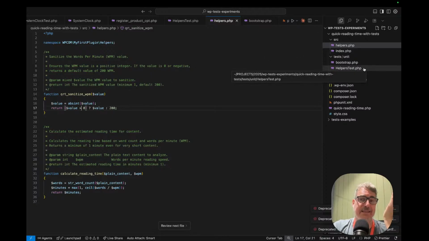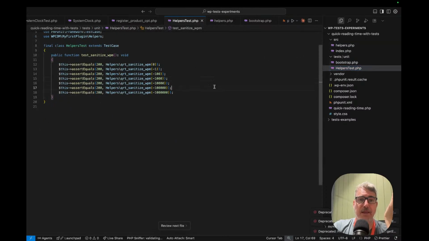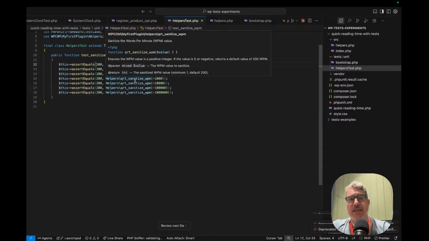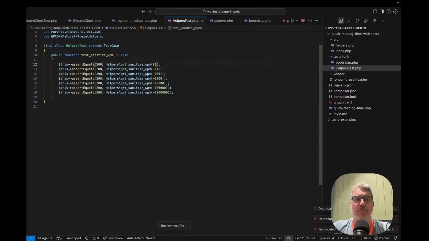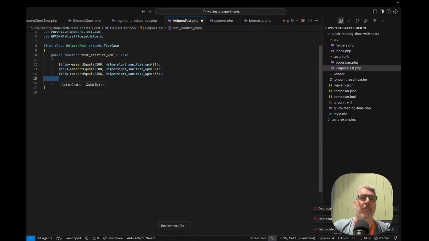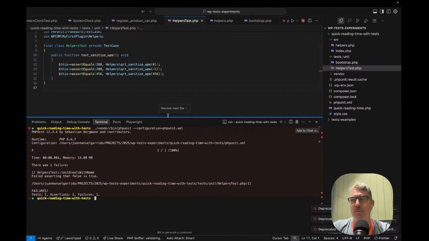So the tests that we can do is check that it returns 200 when I pass 0, that it returns 200 when I pass a negative number, and then maybe just test that it returns a positive number when